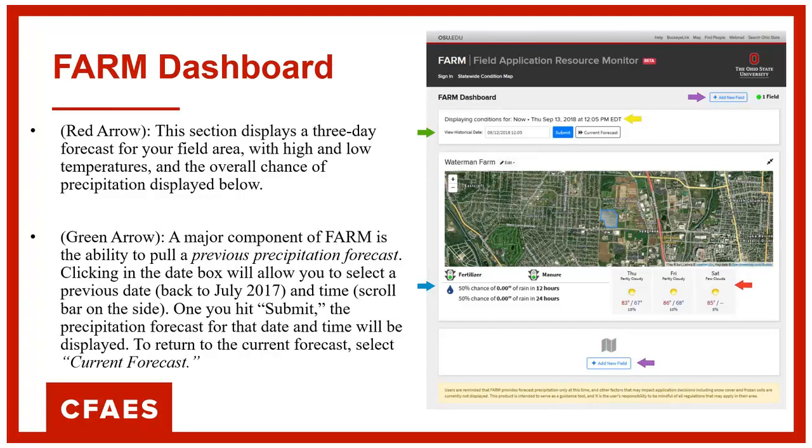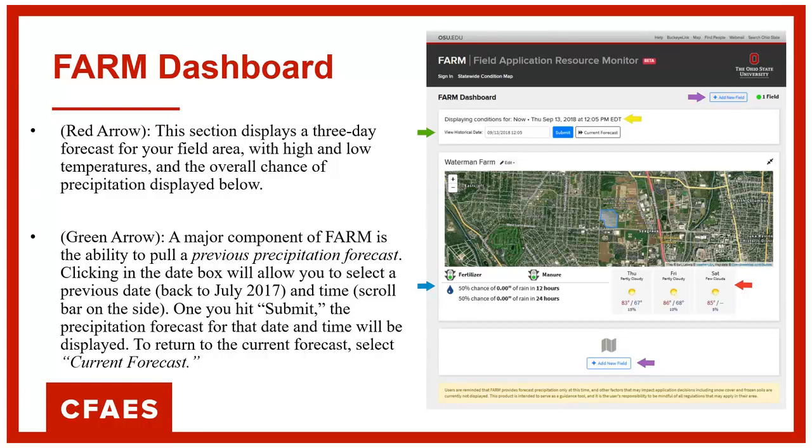So if you need to document your practices over the past year or so, you can do it with this tool, because you can put any date in this window right here, and the farm app will pull up the appropriate PQPF forecast for that date, because we're archiving every one of those. We have a big archive going back to July of 2017 that you can access.